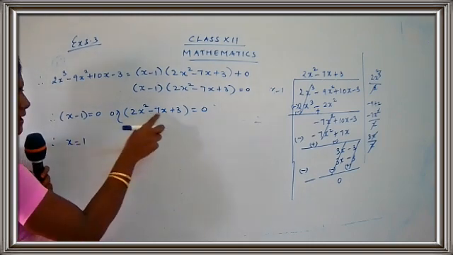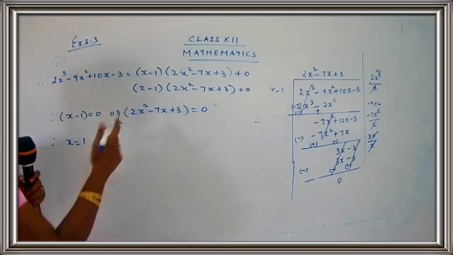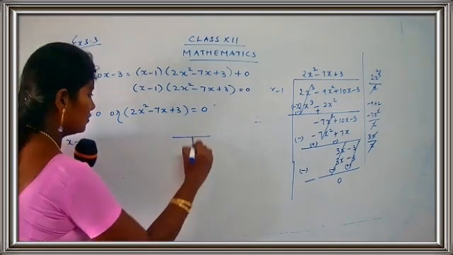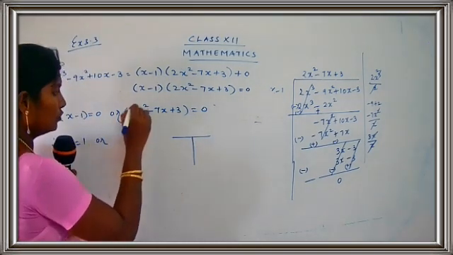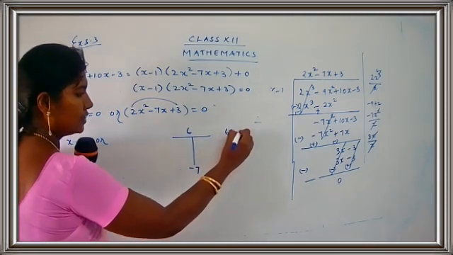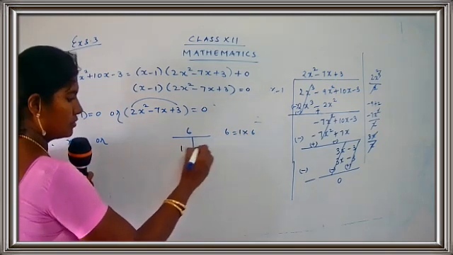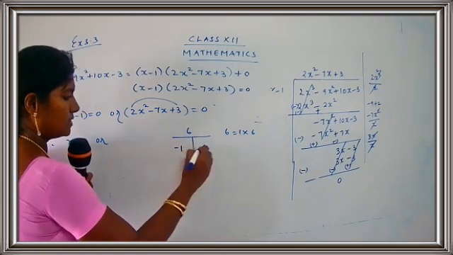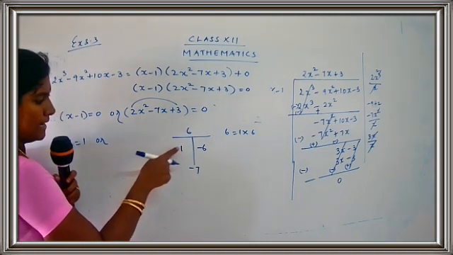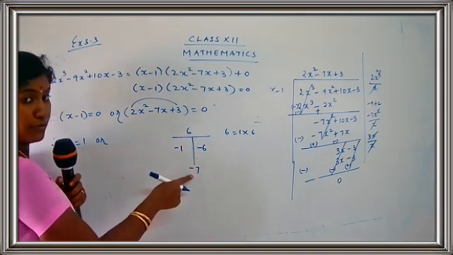Or 2x square minus 7x plus 3 is equal to 0. For solving this, I am going to use a T method. So 2 3s are 6, minus 7. 6 I'll put here. 1 6 are, I think I can take this condition over here. So 1 6, minus 1, minus 6. Minus 1 into minus 6 plus 6. Minus 1 minus 6 gives you minus 7.